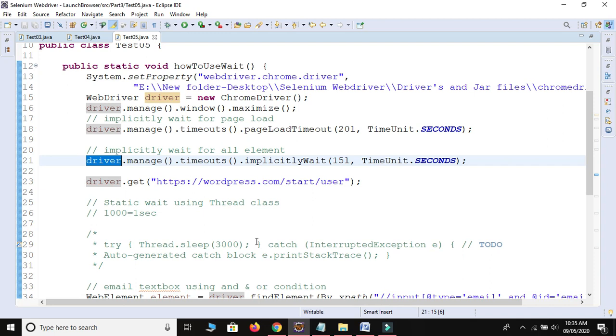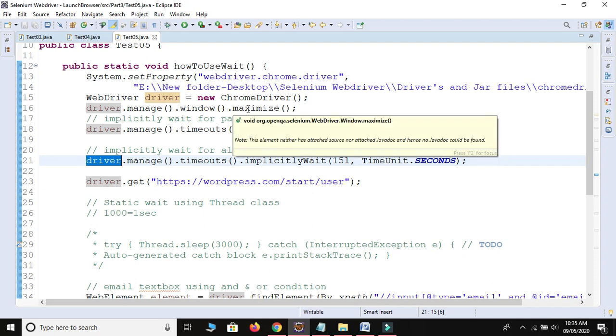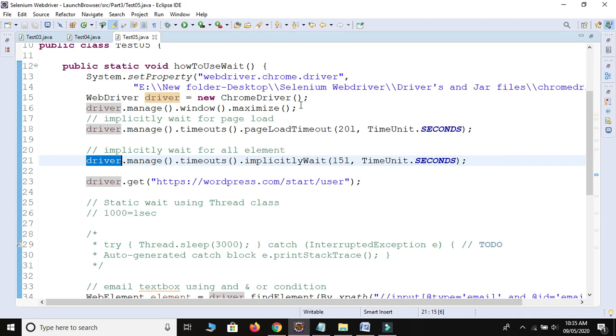So the sequence is like launch your Chrome, maximize, then we provided the wait before launching the URL, so that's why it's applicable for the URL.